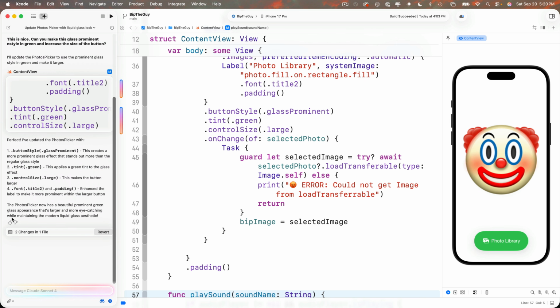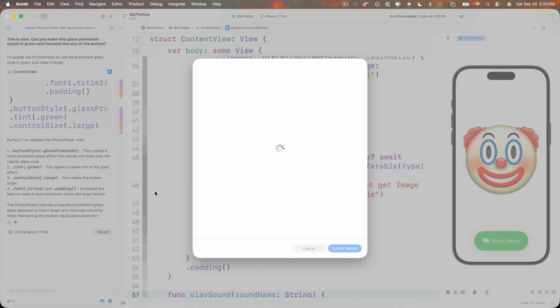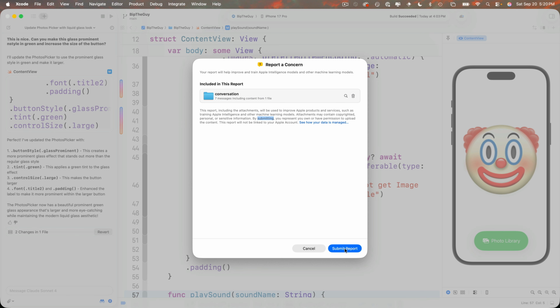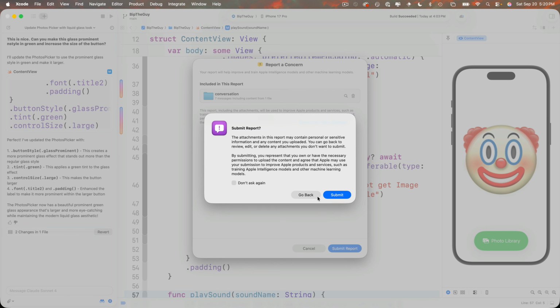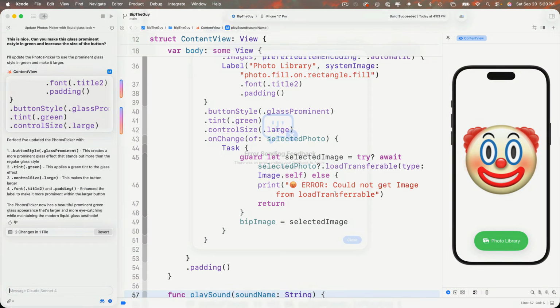Now again, if you're not happy with the result, you can click on the thumbs down. Apple doesn't allow me to provide any feedback here, but it says it will report a concern, so I'm going to submit the report. Now, I do assume that this is going to be used to improve the model training. I have no idea how this relates to the code that I've written and if that's shared back and used for training. If you find out any information about this, feel free to add it in the comments. The report goes in, and hopefully you're seeing the advantages now of using AI after you understand a bit about